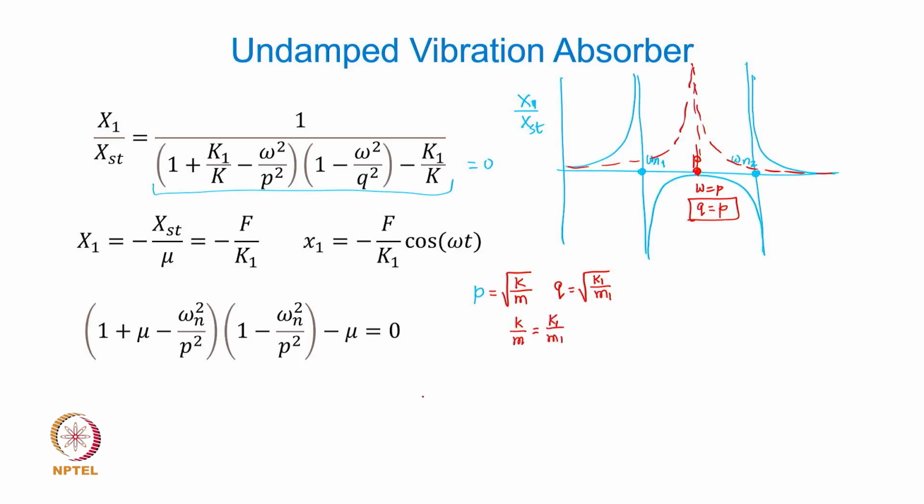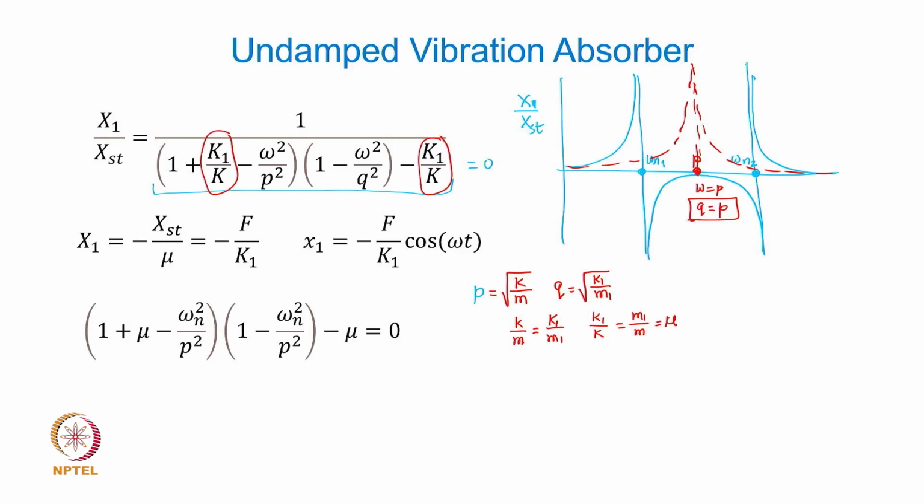If p is equal to q, K upon M is equal to K1 upon M1. What does that mean? That means K1 upon K is equal to M1 upon M, which we have already defined as the mass ratio. Okay, so in this expression of the denominator, K1 by K is replaced by mu, the mass ratio,